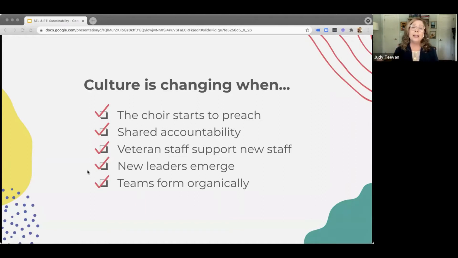And you'll see new leaders emerge. Staff members express interest or demonstrate a passion for leading a new initiative. This could look like a teaching aide wanting to form a phonics committee, or teachers spearheading a trip to a math conference. And your teams will form organically. You have plenty of official groups such as leadership teams, grade level teams, and subject area departments. But when groups come together on their own, this is a sign that your culture is shifting.